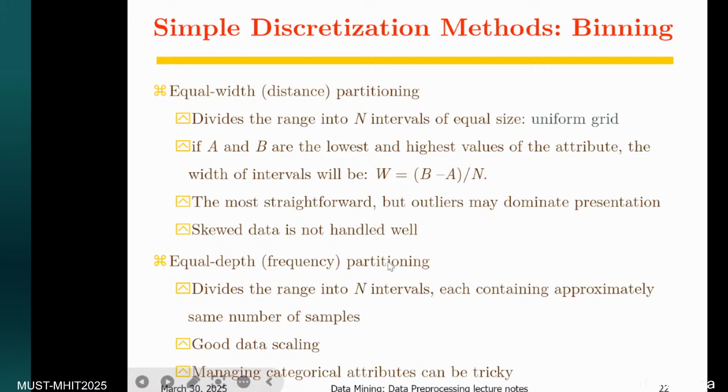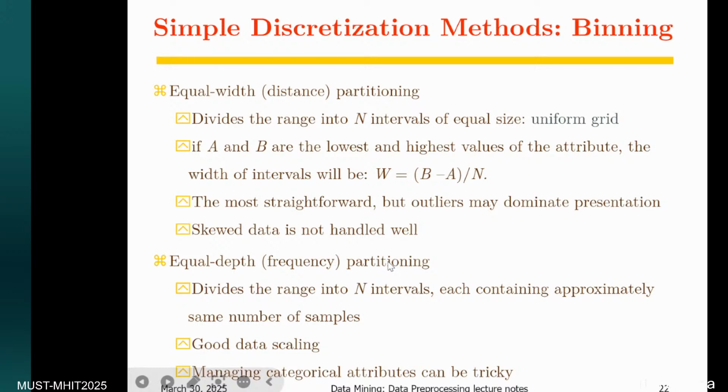And so when we observe binning, something that we saw previously, now we can see it in real action. Binning can be handled in two senses. One is equal width binning, which is distance partitioning.